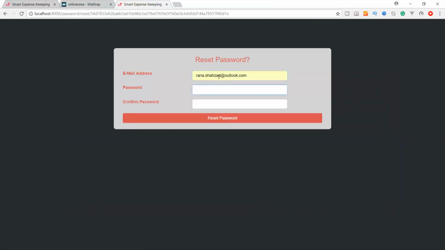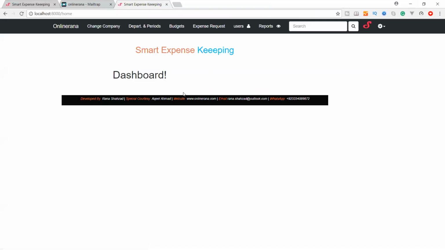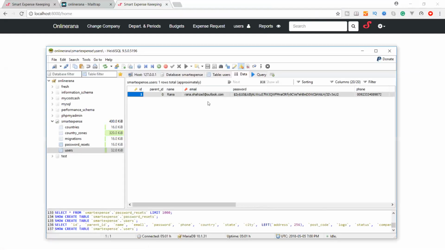This time we'll give 7 digits: 1, 2, 3, 4, 5, 6, 7, confirm it the same, and reset password. So great, the password has been reset and it redirects to our home page. We can refresh and you can see the hash has changed. Here, the hash is now changed.